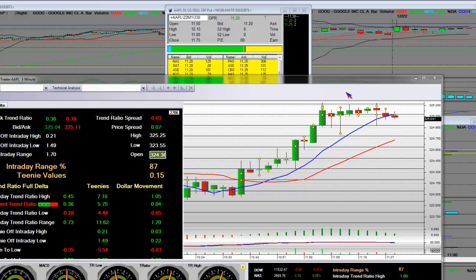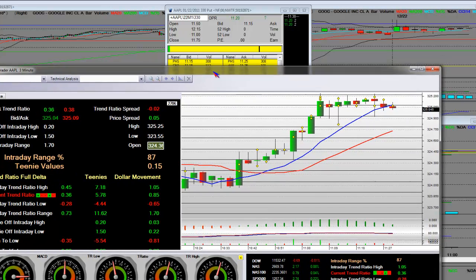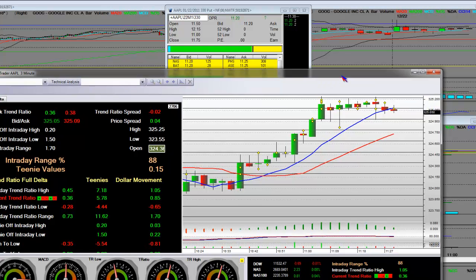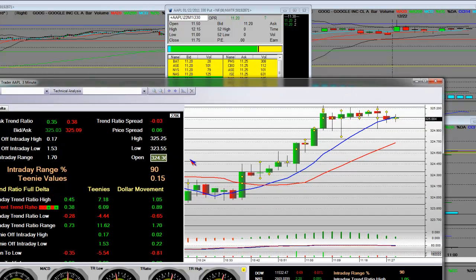All right, MMTs. What we have is a 330 put on Apple computer, and we also have the MMT platform right here for the reversal, for an intraday reversal. Apple is very, very strong. You had a 1215 high with a 1175 close, and his entry is at 1120, so he's okay here, but he's going to drop.